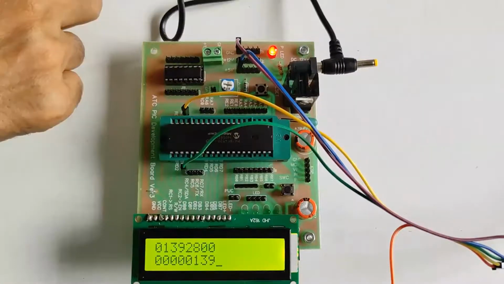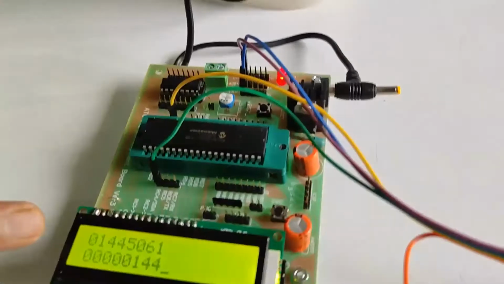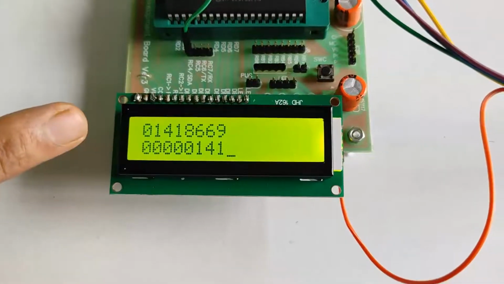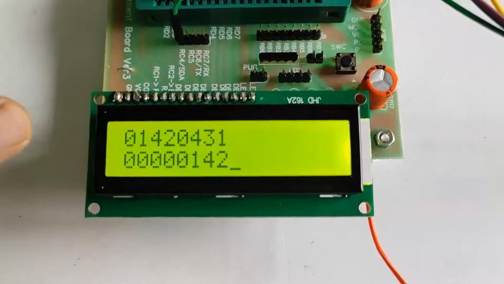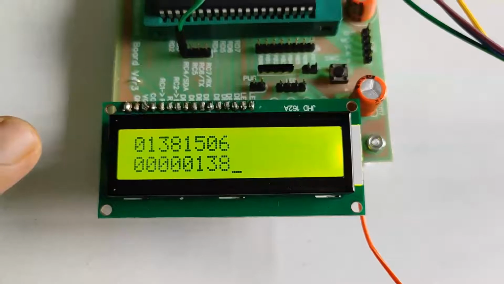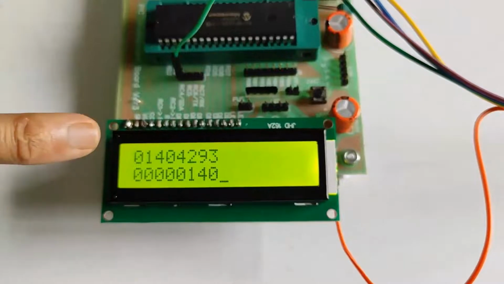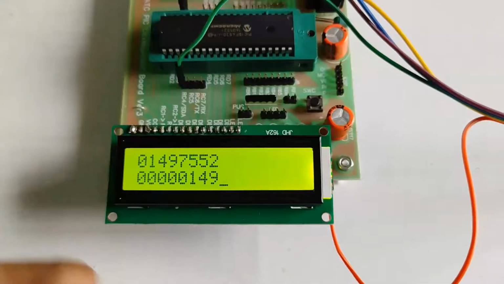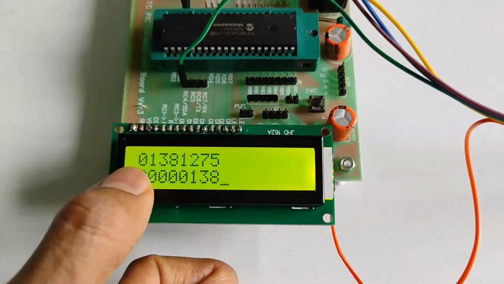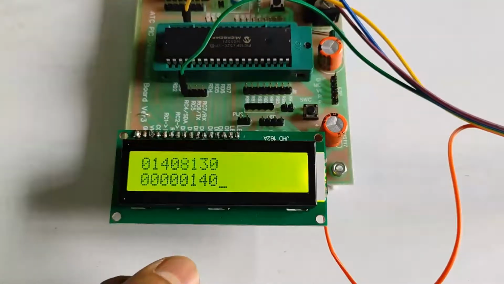Now in the absence of diesel in this tank, we get these numbers on the LCD display. The FDC1004 IC gives us a 24-bit result proportional to the capacitance on the channel. This 24-bit result is converted into a decimal number. Total 8 digits are there. Those 8 digits are displayed on the first row. The same result is divided by 10,000, and that is displayed on the second row. On the first row, you will see the direct 24-bit result in decimal, and on the second row, the same result is displayed after dividing that number by 10,000.